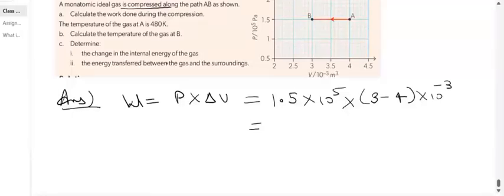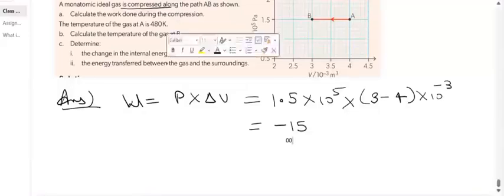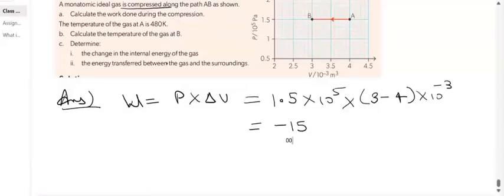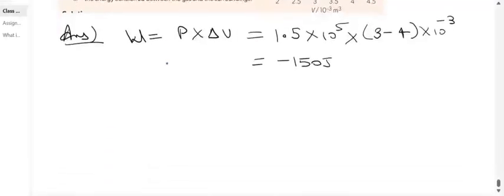Okay. So if it has been compressed, it is going from A to B. So this is the final position, this is the initial position, so B minus A. Any doubts now? No, ma'am. Okay, go ahead. So it will give you the answer 150 joules. Now you understood or not? Yes, ma'am. Okay, so now this is done.